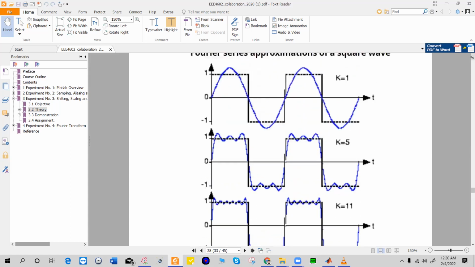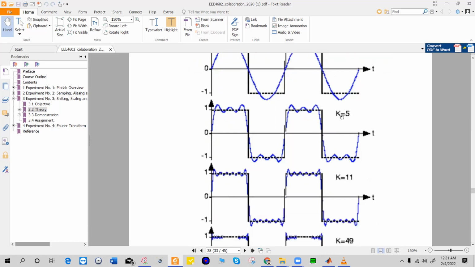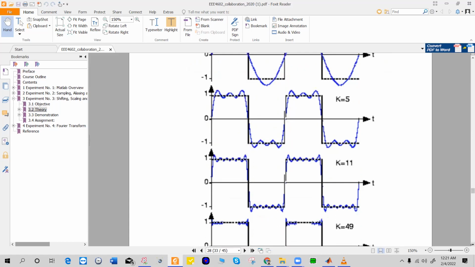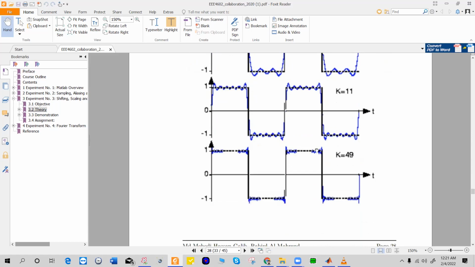Let's see that for the first case we only consider one frequency component. That's why it's very different: one is a sinusoidal signal, another is a square wave. But whenever we are increasing the frequency components, then it is matching. The more you increase the frequency components, the more the retrieved signal is equal to the original signal. So